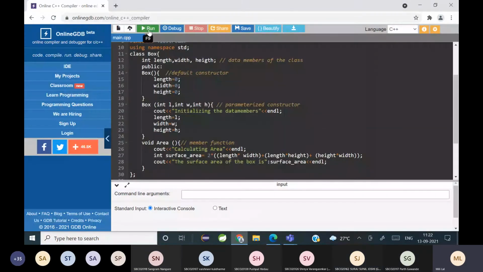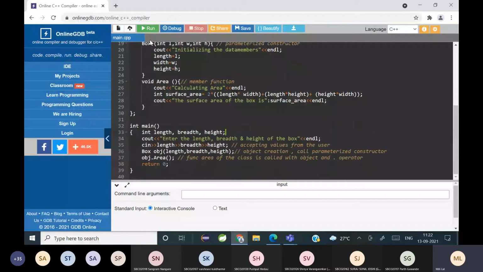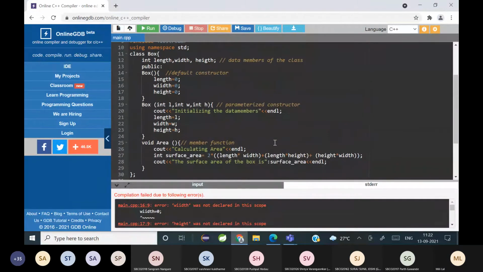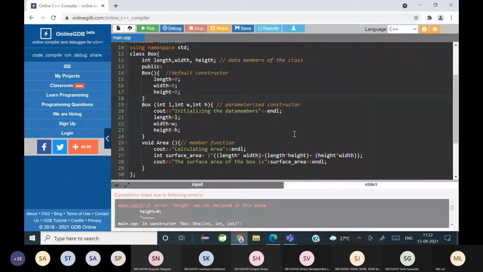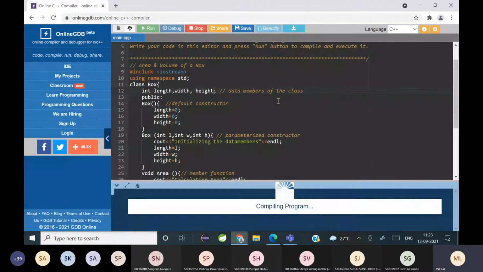Okay, now let's execute the code and see if we are on the right track. Yes, there is an error. Okay, fine. Height, that was it.